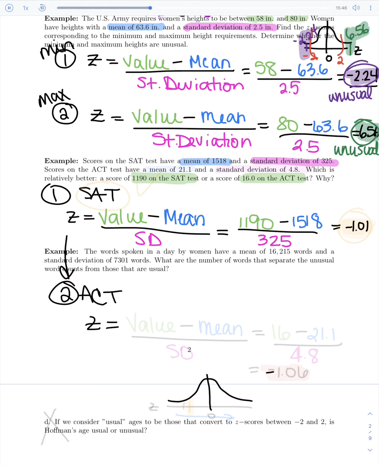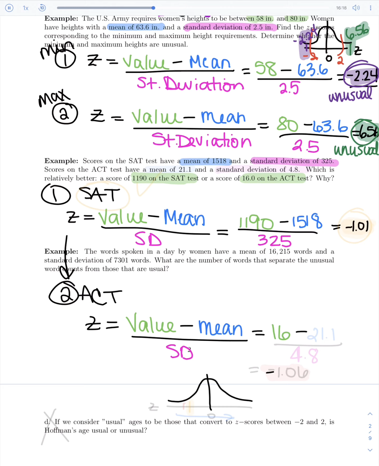So we do the same thing again, same formula. We'd start out with the value that we're looking at converting, but this time for ACT scores, minus the mean for the ACT scores, and then divided by the standard deviation for the ACT scores. So first things first, what's the value of the ACT score that we're trying to convert? And that is the 16